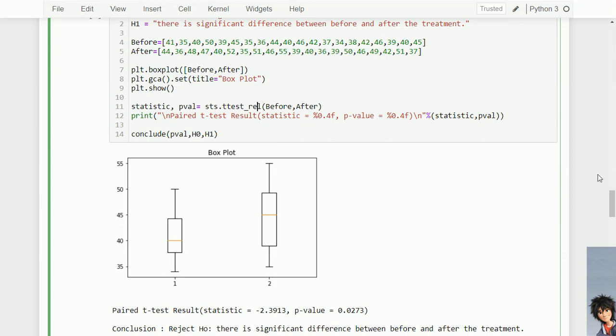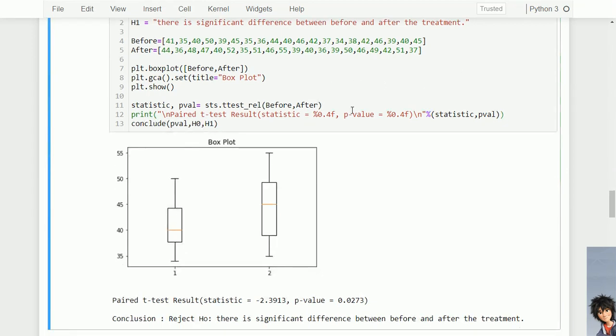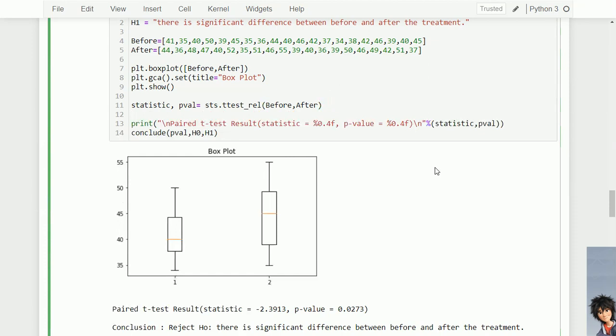Here they haven't mentioned anything. What should we do if we want to test an alternative hypothesis of the less-than-or-equal type or greater-than-or-equal type? In that case the statistic remains the same; we just have to use another p-value. We already know that the p-value is the probability that the statistic takes a value as extreme or more extreme than the observed one.